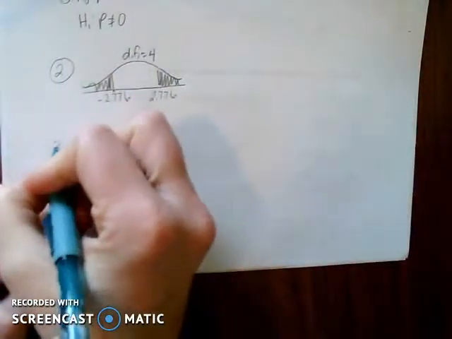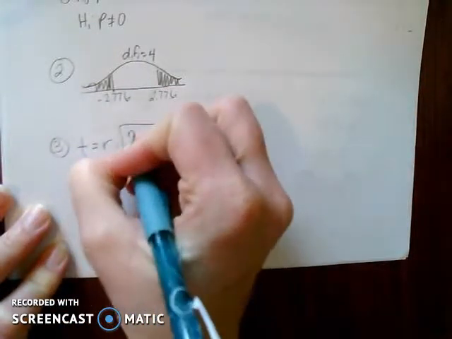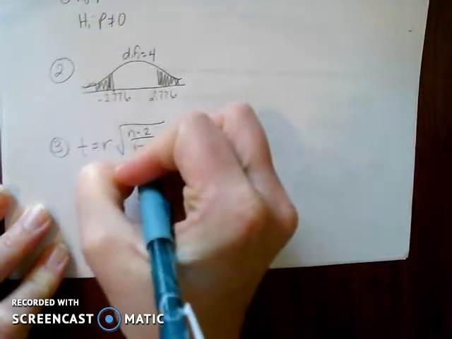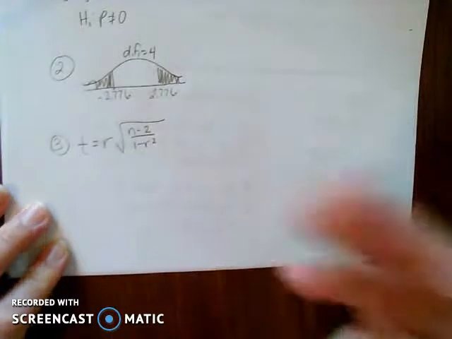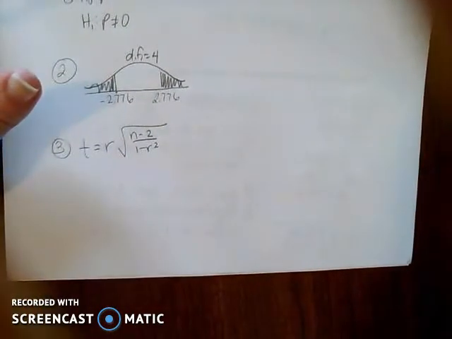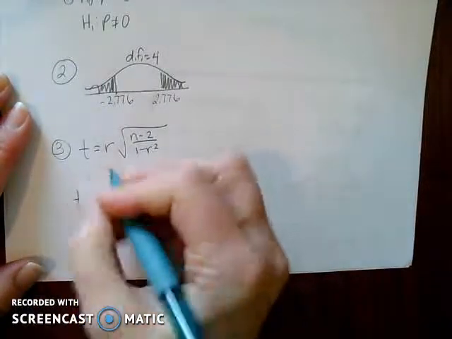All right. Step 3, your t value, I'll write it out here, is r square root of n minus 2 over 1 minus r squared. Again, I don't want you to use the r squared number that's in your calculator. I want you to actually just put r in there and then you'll square it in your calculator. So t equals